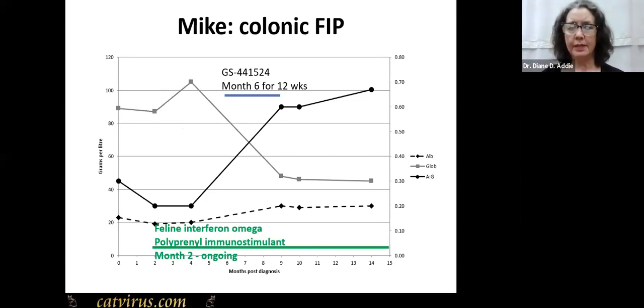This is one such case. This is Mike, who had colonic FIP, and we were treating him for 6 months with feline interferon omega, polyprenol immunostimulant, and meloxicam. He's still on those treatments some 2 years later. The black line with the black dots is his globulins, and it's his albumin globulin ratio, and you can see that it didn't come up until after he was on 12 weeks of injectable